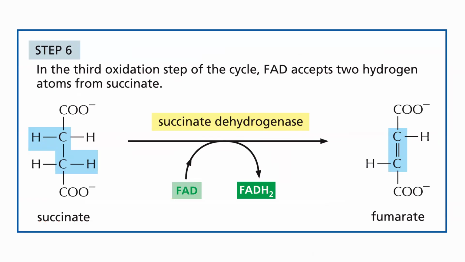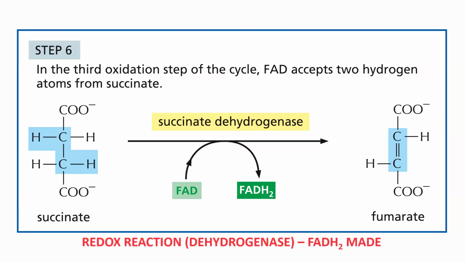And just put a pin in this, a paper clip in this, make a note in your notebook or whatever you're taking notes in. These electrons are going to stay on succinate dehydrogenase. They're not mobile. And succinate dehydrogenase is actually also called complex 2 of the electron transport chain. So it goes by 2 names in 2 different contexts. So just keep in mind that these electrons are stuck on FADH2. FADH2 is stuck on this enzyme, and this enzyme is going to be complex 2 in the ETC. But for now, broke some bonds, stole some protons, stole some electrons, did a dehydrogenase reaction. It's a redox reaction, of course, and the electrons were put onto FADH2.